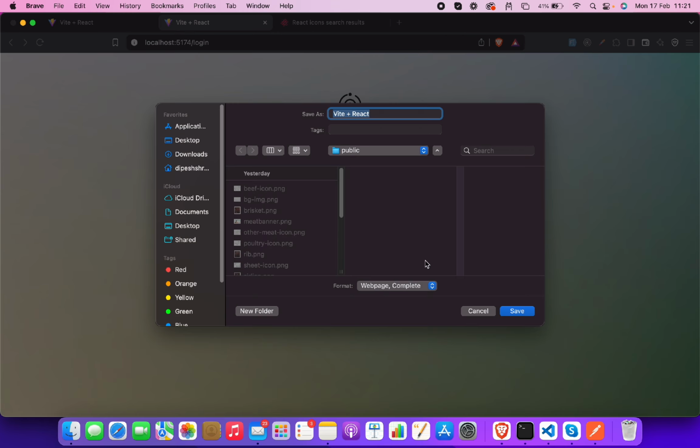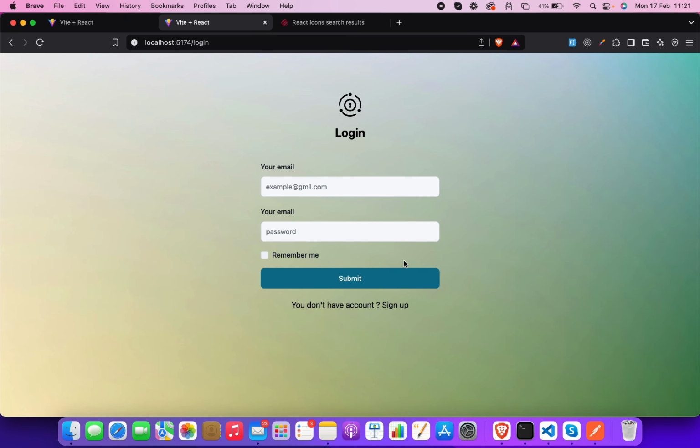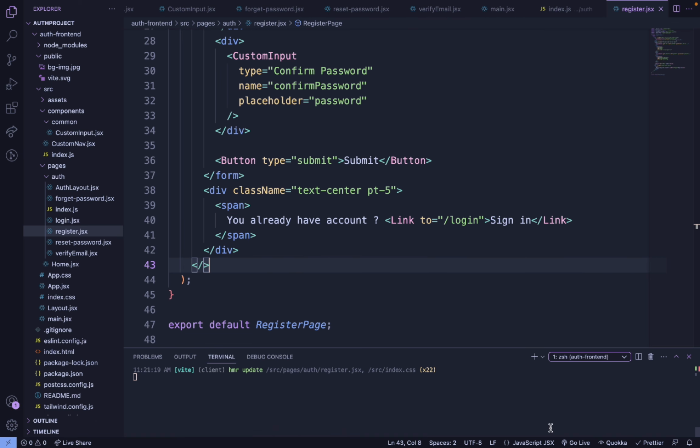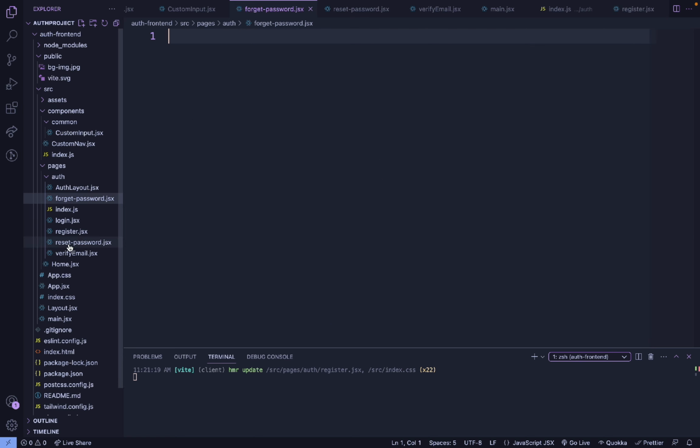Yeah. Now we need to have another page, that is the forget password page, right? For the forget password, what we need to have? We need to have the email box, where they can send the email and get the email, right? Send the email and they will get that. If the account exists, then they will get the email in that particular mail, right? So for that, let me go to the forget password page. This one is the forget password page, right? So I will copy the login page,